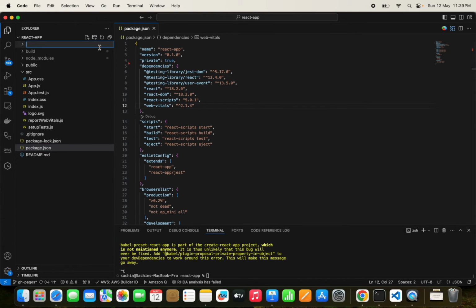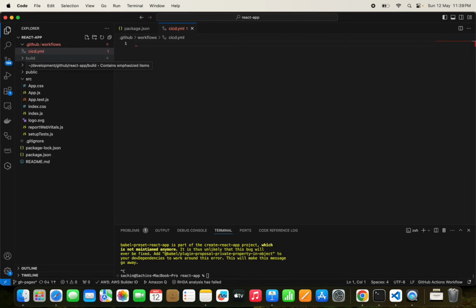So let's click on the workflow here. We'll create a .github folder, and inside that we'll create workflows, and inside that we'll create a cicd.yml, which will serve our purpose, that will deploy our application to GitHub Pages. So we are going to name it Deploy to GitHub Pages,